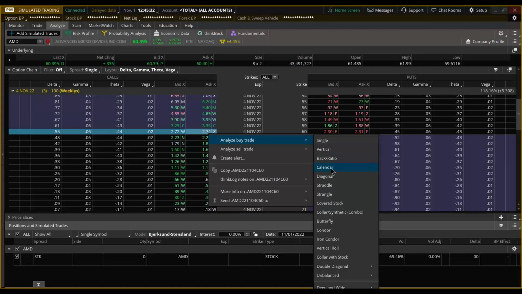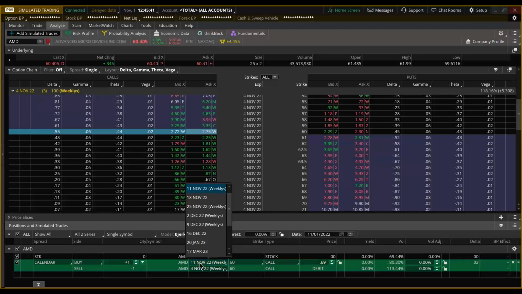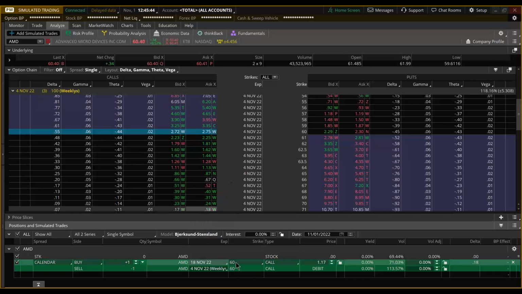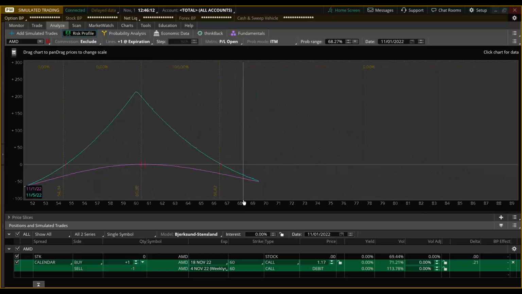Let's buy the calendar. Now, I'm going to go ahead and accept selling November 4th, but I'm going to move this out to the November 18th regular monthlies to give my backs a little more time and less theta decay, less time decay in my back. So I'm moving those out further in time. Still a calendar spread. It's just not using adjacent weeks of the 4th and the 11th. I'm going out an extra week to the regular monthlies, and I like using regular monthlies because they tend to be somewhat more liquid. Now let's look at what that looks like in risk profile.